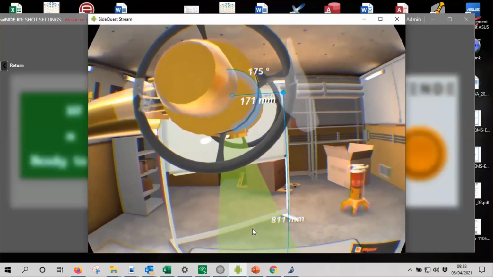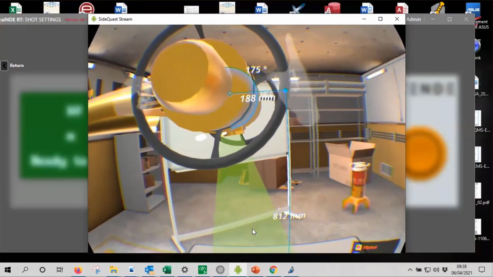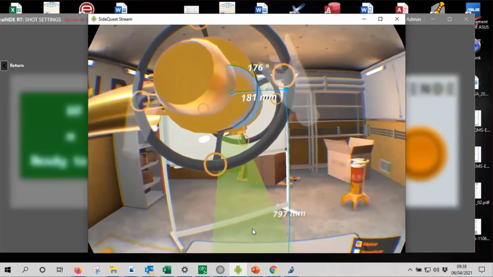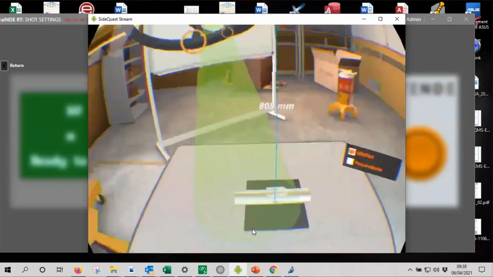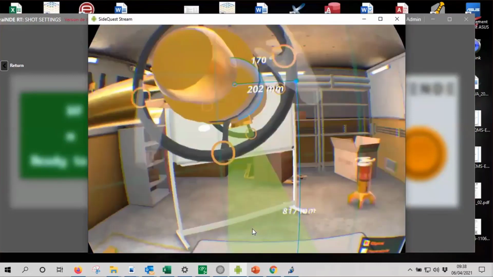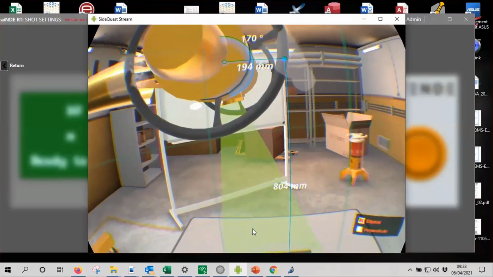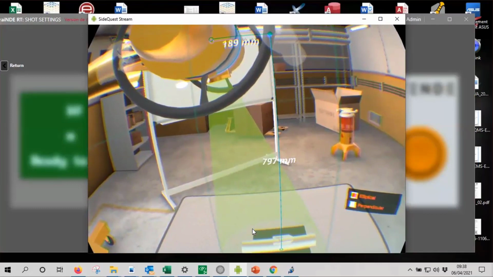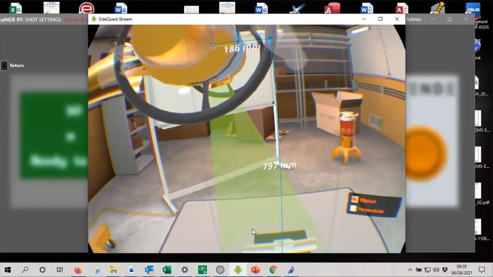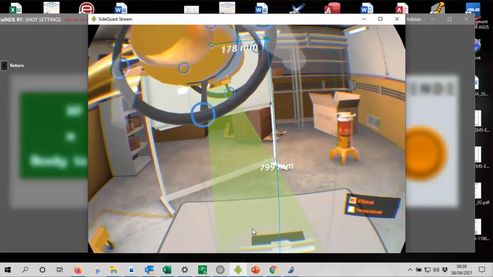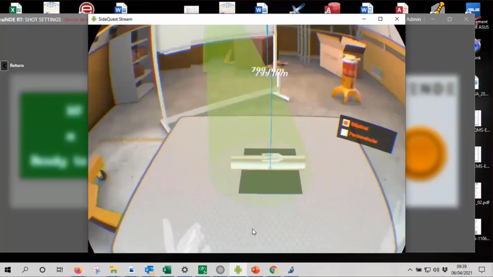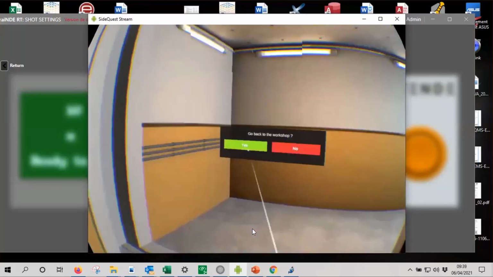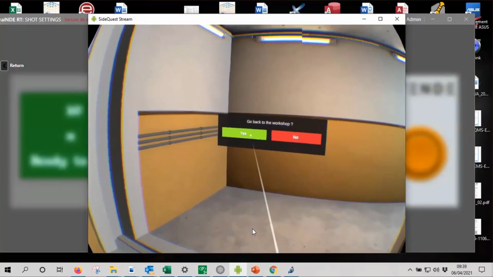So you need to do it. Okay, so I can adjust my distance, rotate it in my source. Okay, like this, for example. Okay, if you're okay with that, you go back to the workshop.